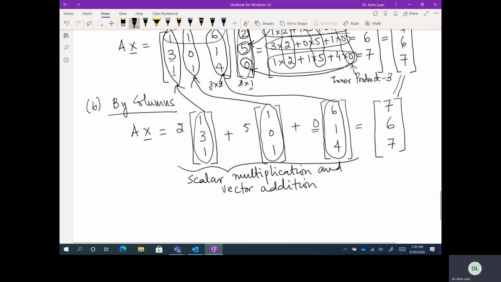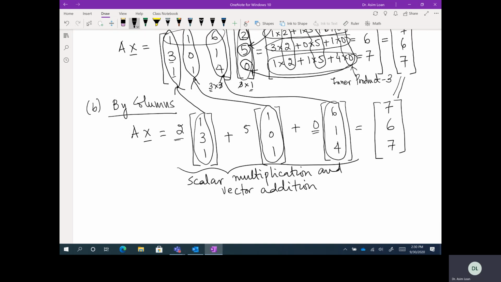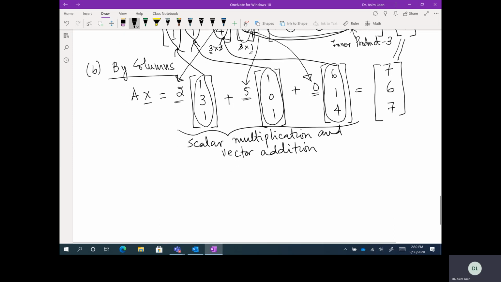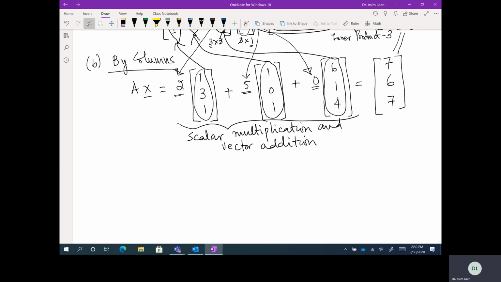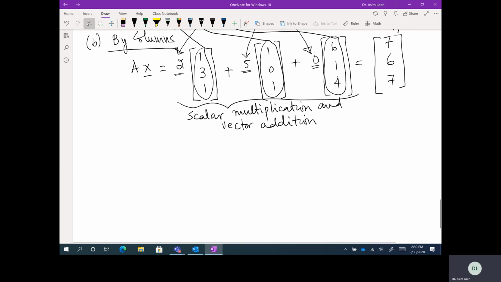So the first column is weighted by the first number here. The second column is weighted by the second number here. The third column is weighted by the third number over here. So this is simply vector addition and scalar multiplication. Okay. Or in general, I can write in general,